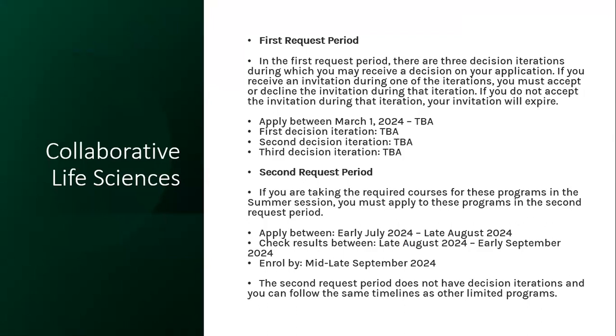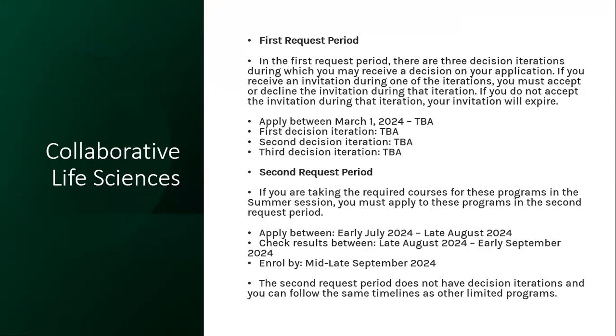So what that entails is that if a student applies during the first request period, the decisions will be sent out in 3 ways, and the student has to accept the invite. If you do not accept that, then your invite will expire. And at that point, you'll have to either reapply or seek a special accommodation through the department. Again, something to note, this only happens during the first request period, not the second request period.